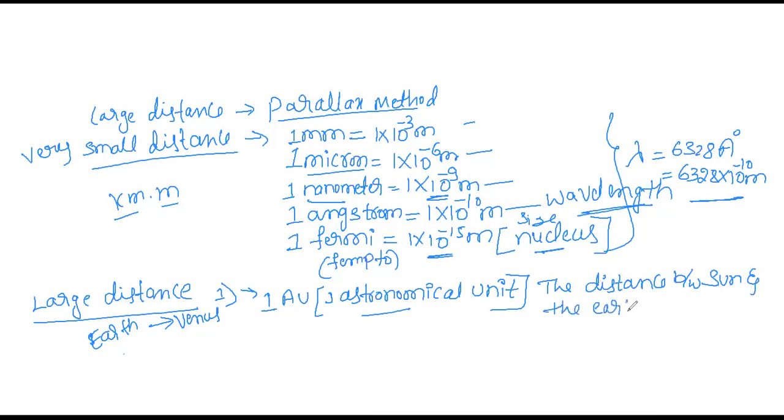Okay, the distance between the earth and the sun (this is earth, this is sun) can be measured by using 1 AU. 1 AU is nothing but the distance between the sun and the earth. Then what is the value of 1 AU? Okay, the value of 1 AU is equal to